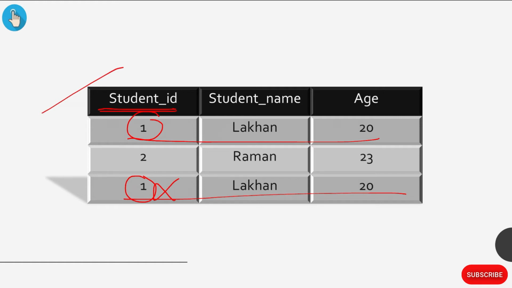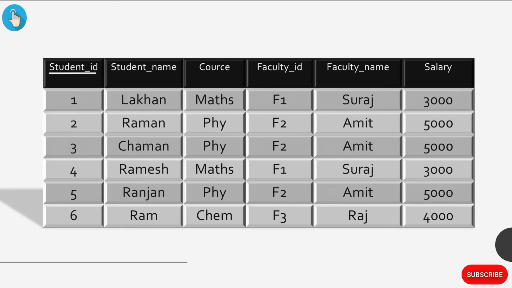Now we will see what problems occur in column level duplicacy. Suppose you have a database which belongs to the students in a university. So there is multiple data of students, right? Let's say there are many students who are learning the same course, so the faculty allotted to that course is also the same. It is not that the faculty for each and every student is different. Now if you see this particular table, each and every row which we have entered is unique. It is different.